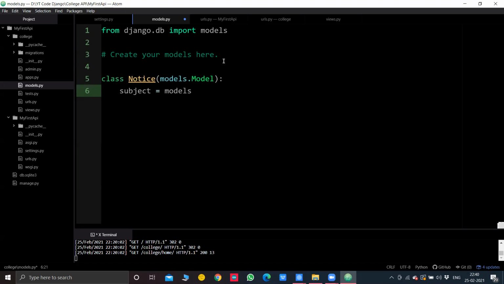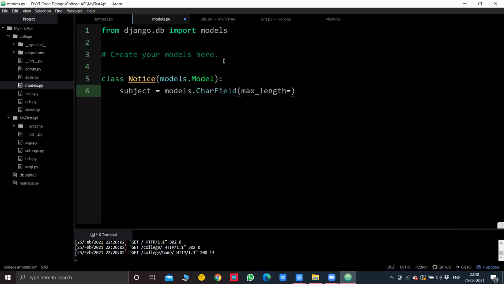Here, in order to create a column element of our database table, you need to mention models dot. Now subject will consist of a string, a character, right? So here you have to mention models.CharField. It is a character field because alphabets will be mentioned. If there are numbers or something else, there are different fields for that. Inside brackets, we need to mention the maximum length of the character.